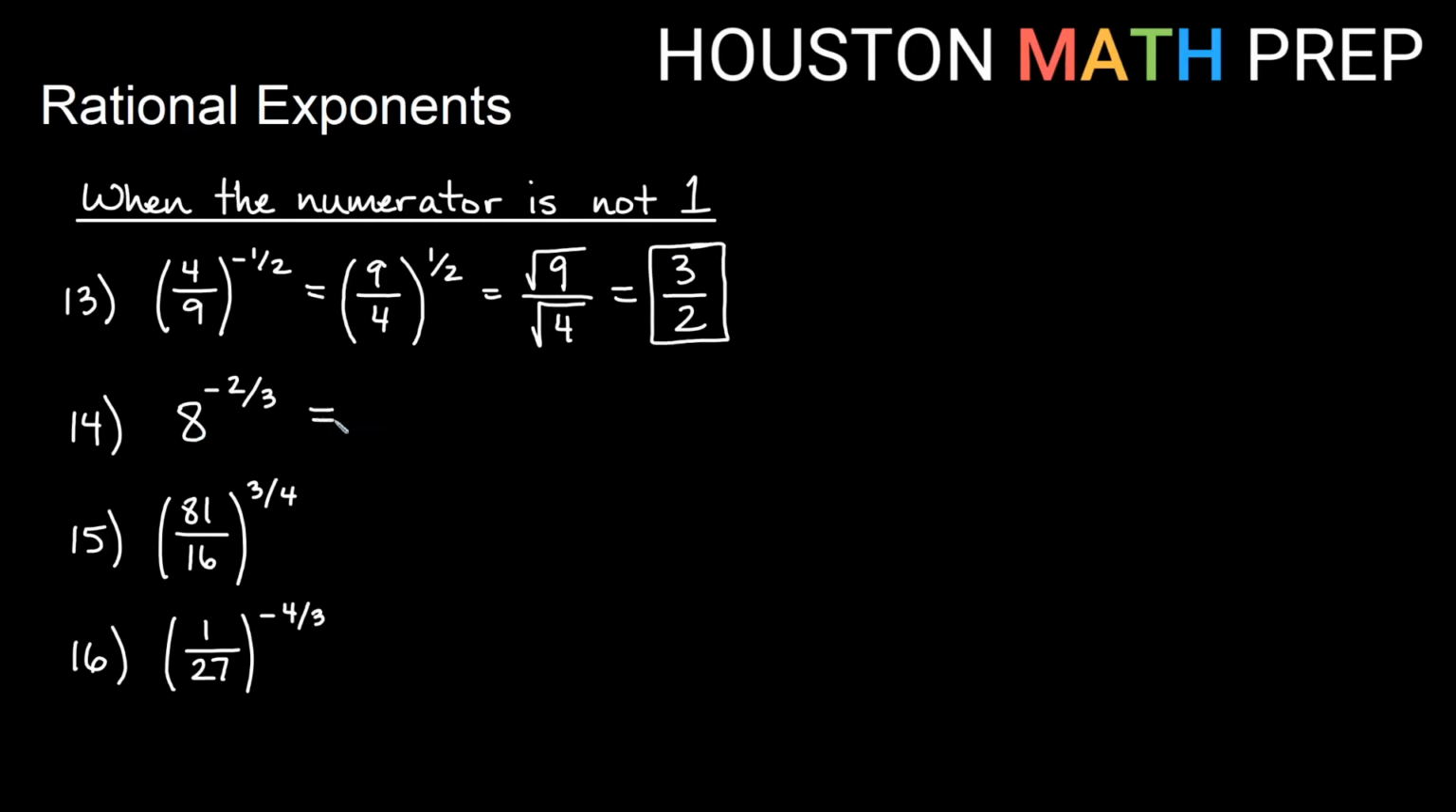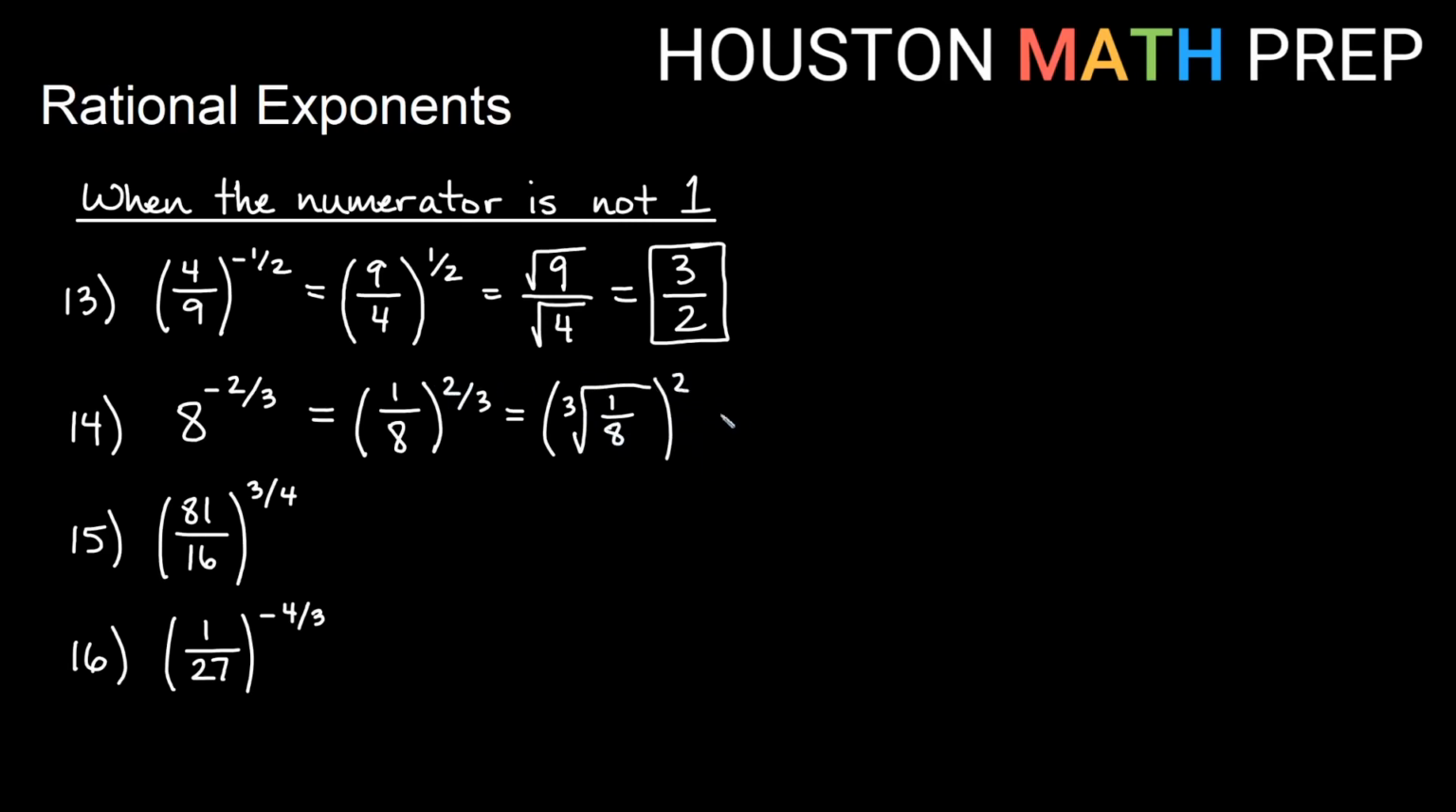For the next one, 8 to the negative 2/3. Let's do a similar thing here where we take care of the negative in the exponent first. Negative means reciprocal, so I'm going to think of this as 1 over 8 to the positive 2/3. Okay, so we've done the negative part of the exponent. Now let's think of this as a root and a power. So the first thing we'll need to think of is to the 1/3 power, that's a cube root. So we'll need to take the cube root of 1/8 first,